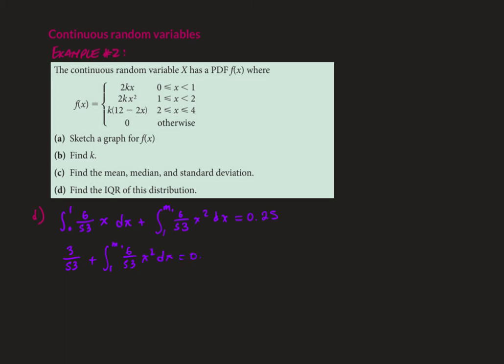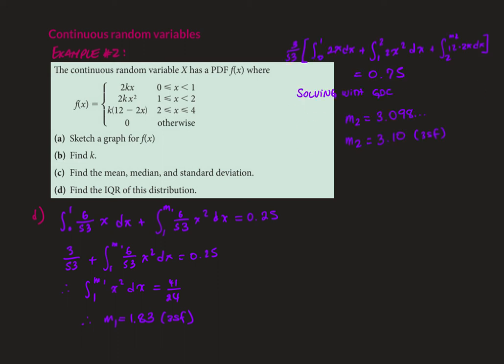So by rearranging this expression and solving for m1 using my calculator, I find that the lower quartile or the 25th percentile is 1.83. Now I'm going to repeat this process, but for the 75th percentile. You can check all of this process by following along and trying to solve these equations by yourselves as well. You can do it by using technology, like I did here. I used my graphic display calculator, and by doing so I find that the value of m2 is 3.10 to 3 significant figures,